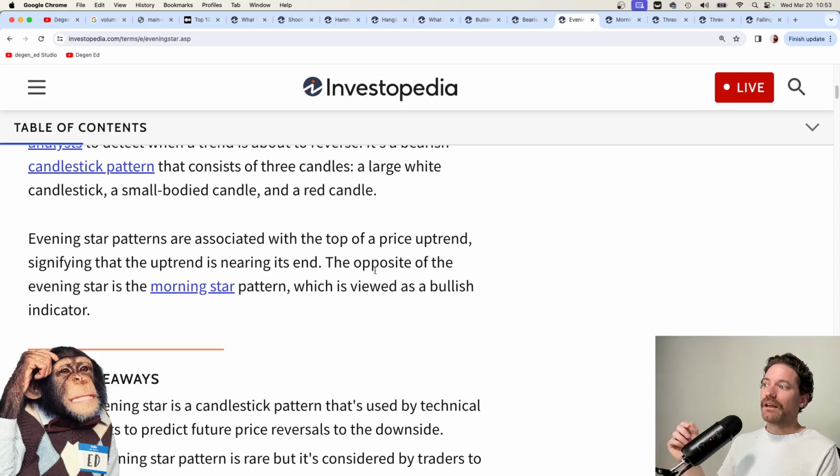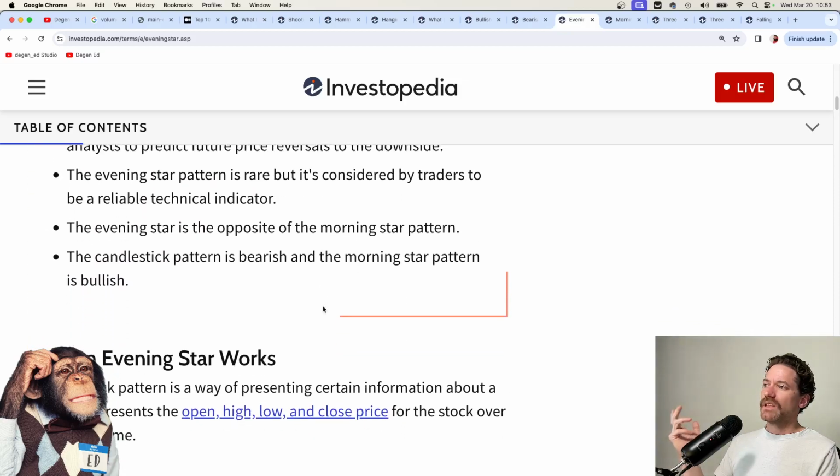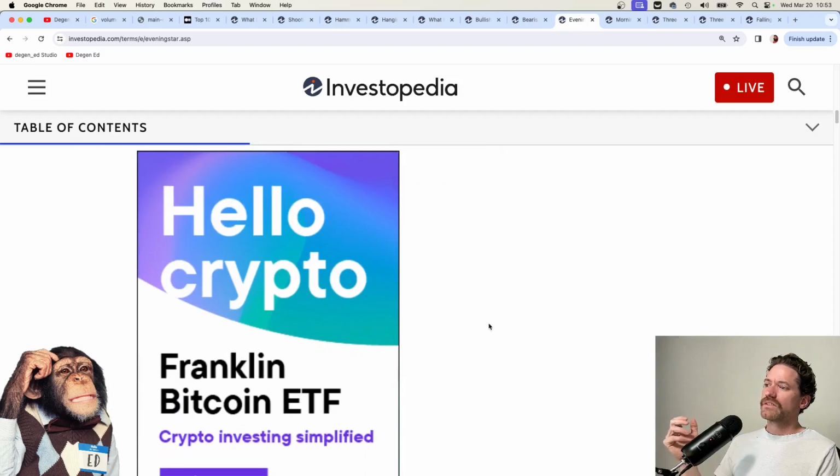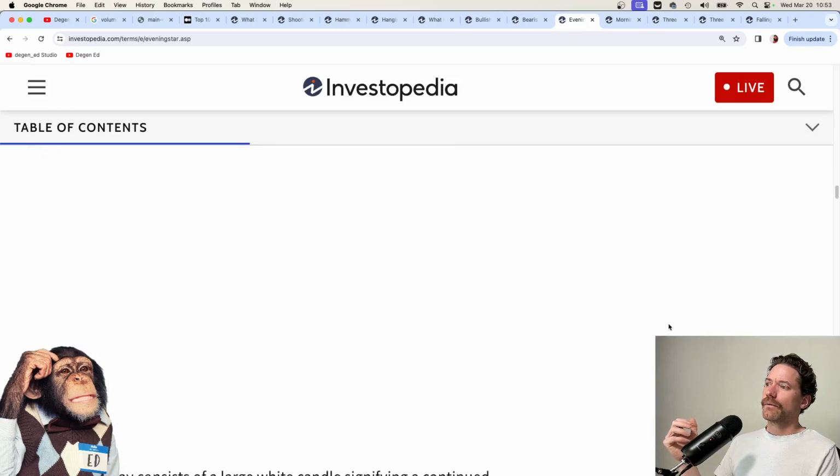And the opposite of an evening star is a morning star pattern, which I'll go over in a second, which is viewed as a bullish indicator. So it's really just the opposite of an evening star. I've kind of gone over all of those points. Let's see if there's some examples here. If I do scroll down,